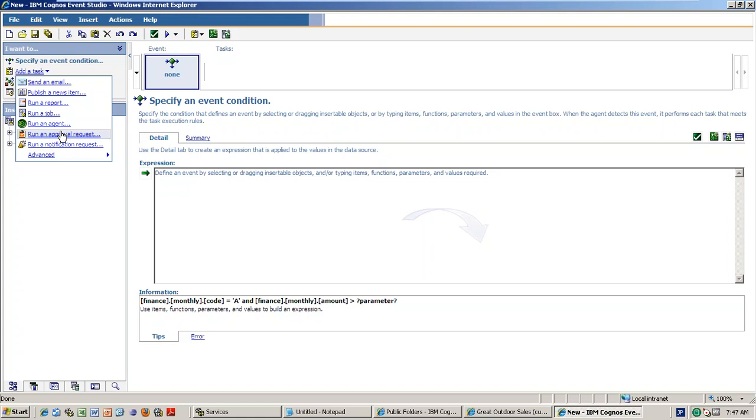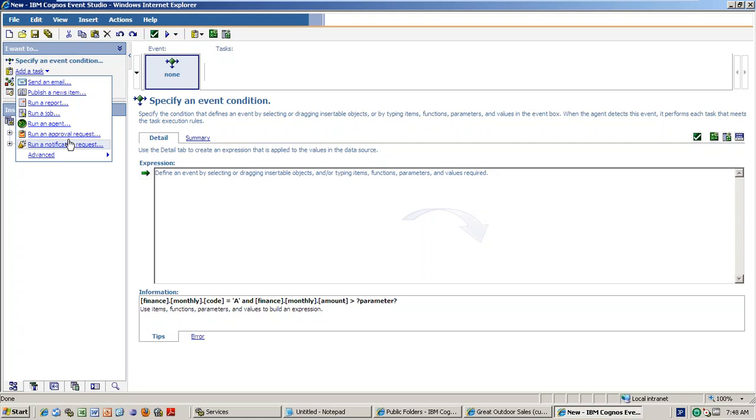What are the extra features added in Event Studio? These two things: approval task and notification request. That means manual interaction is needed. Say for example, whenever the condition is satisfied, normally it will execute the task, right? But not now. If you add an approval task, whenever the condition is satisfied, it will send an alert to the manager, the boss. If he approves, the remaining tasks will execute. If the manager thinks he doesn't want to run the task, even though the condition is satisfied, he will reject it. Then the remaining tasks will not run. So that means a manual or human interaction is required. You can use that in situations that depend on your manager.